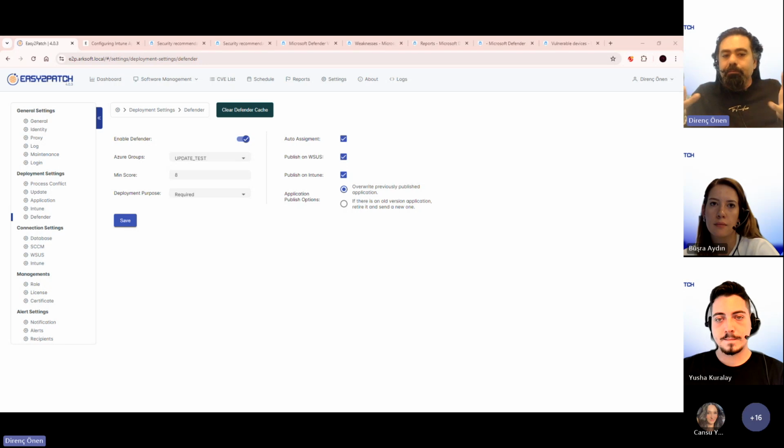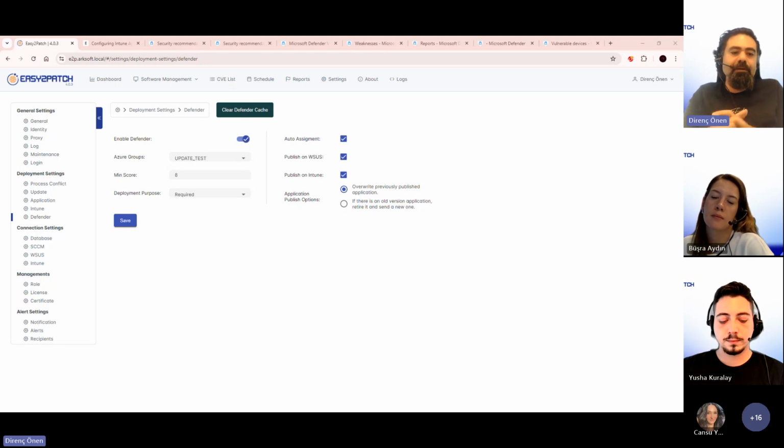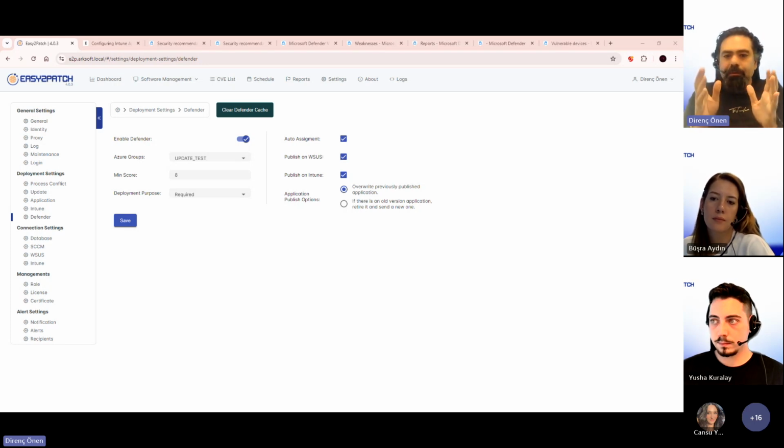What are these reports? The first one is Microsoft Defender threat reports, which provide crucial insights into threat detection and remediation processes. These reports detail responsiveness to vulnerabilities, allowing us to assess how quickly potential risks are addressed and identify which devices may be compromised. This information is vital for prioritizing our security efforts and ensuring that we are effectively mitigating